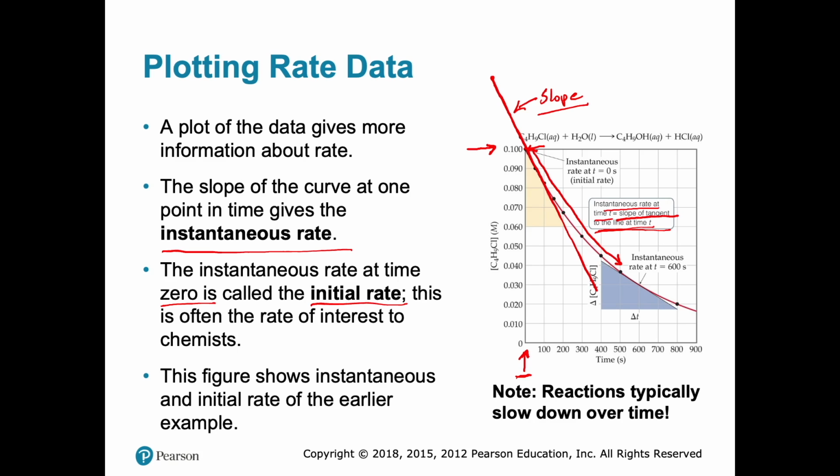So if you recall back when we were talking about graphing very early on in the semester, the slope of a line is m equals the change in y over the change in x. And also, if you recall from maybe two or three slides ago, the rate actually equals the negative change in the concentration of the reactant. So in this case, it's the chlorobutane,